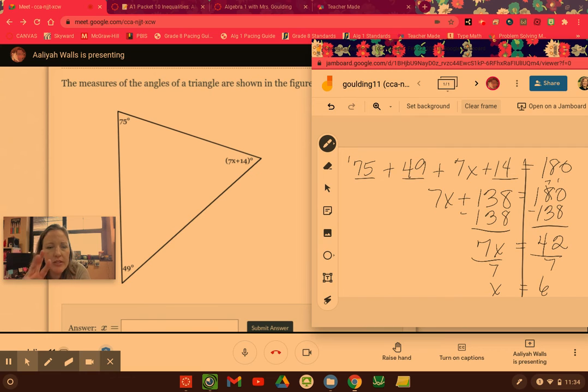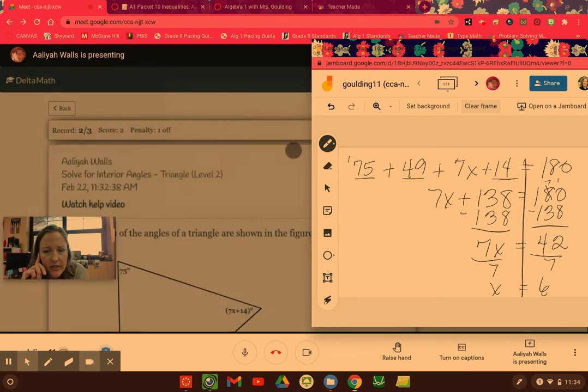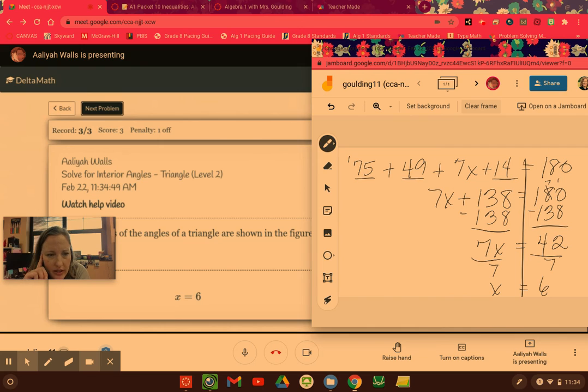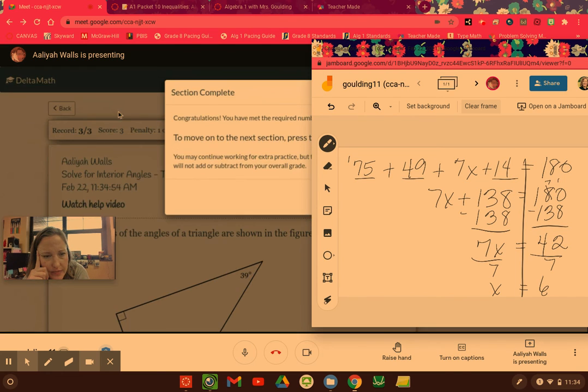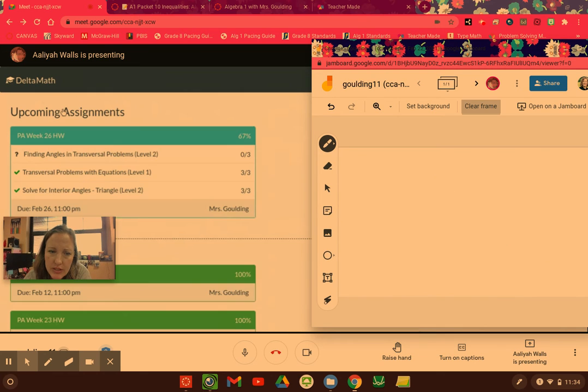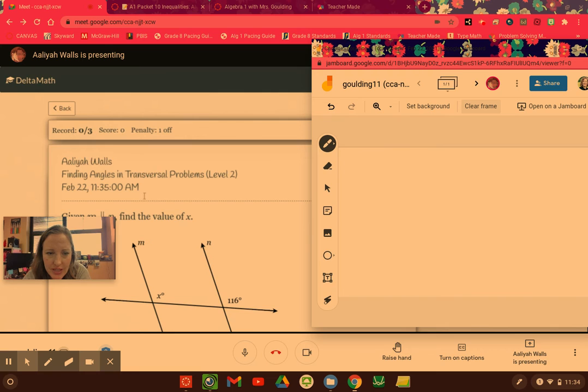And then notice you only have to do 3 of each of these. So it's a total of 9 problems, which seems like a lot, but it doesn't take too long once you get going. And then I think if you hit next problem, it's going to say congratulations. So now go back, and then we just have the first one to do. And I actually think you saved the